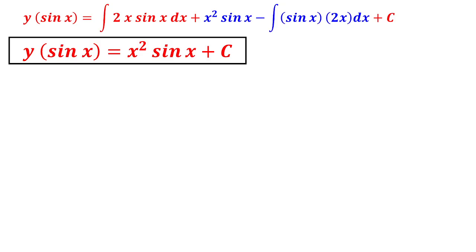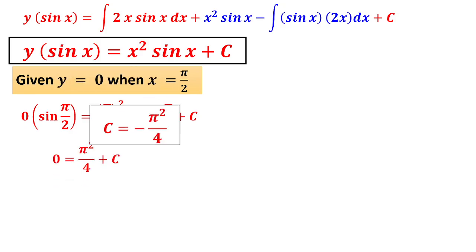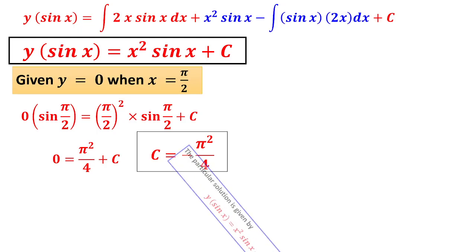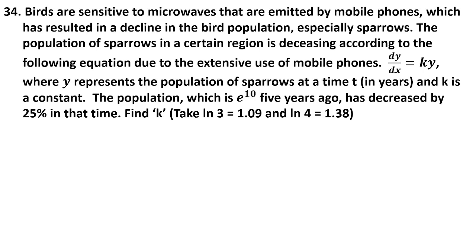Now this is not the solution because this is only a general solution, but they want particular solution. When y is equal to 0, x is equal to pi by 2, substitute now. You will get the value of c as minus pi square by 4. Substitute once again in the general solution to get the particular solution. The particular solution is y sin x is equal to x square sin x minus pi square by 4. This is the R part of